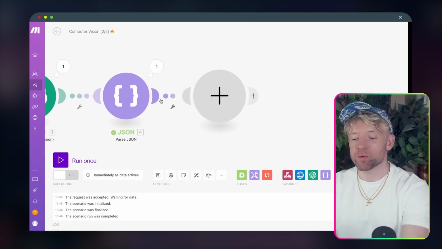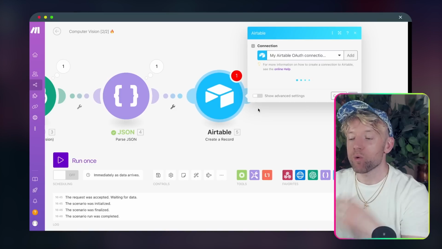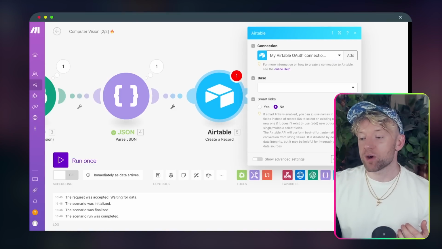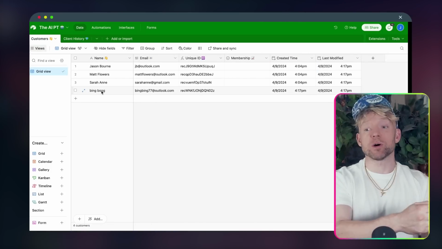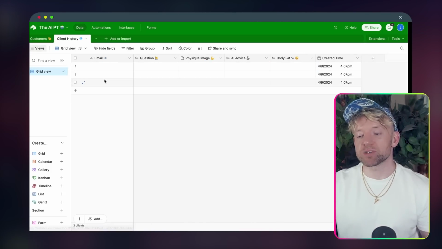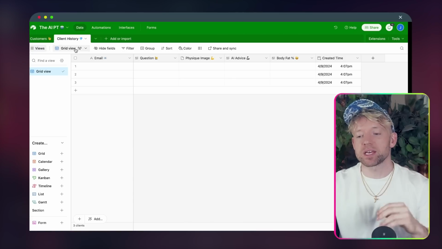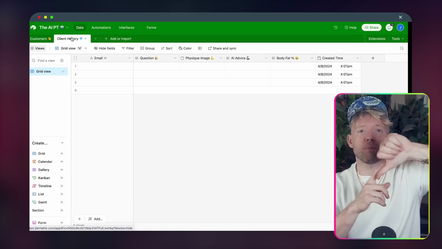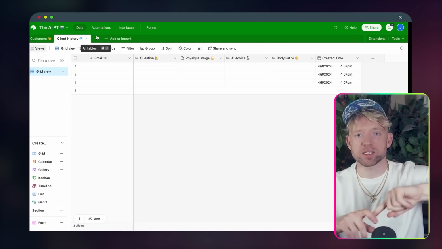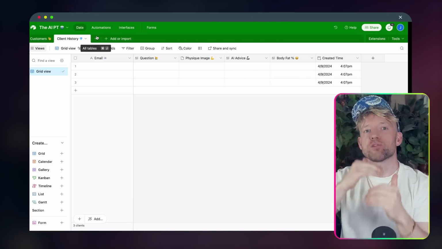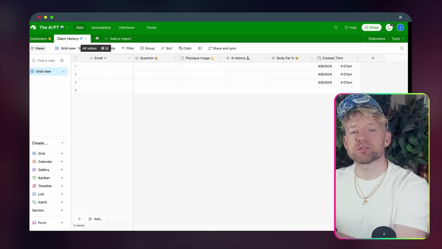Incredible. Now, finally, guys, what we want to do is come to add an Airtable module like so. Click on create a record. Now, all the records that this creates is going into our second tab. Now, we've got two tabs, right? Customers, somebody signs up, they're in the customers tab. Client history, this is where they interact with us. Now, if you built, let's say, several pages that do several different AI things, this client history could be body fat history. Then in a new tab, we could call that one, I don't know, fashion analysis, and so on and so forth. So you have records, and then we can specify in Softr which of those tabs we want to pull back